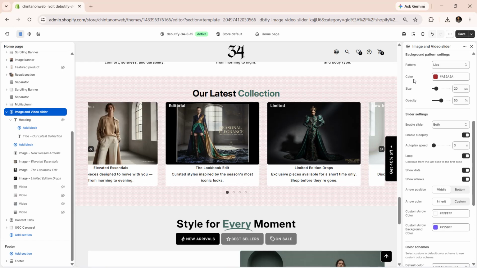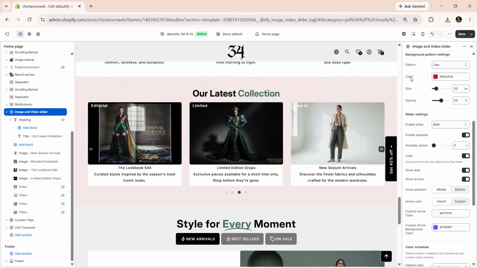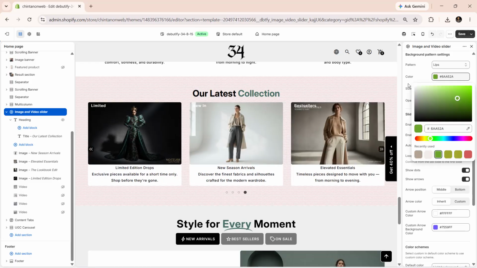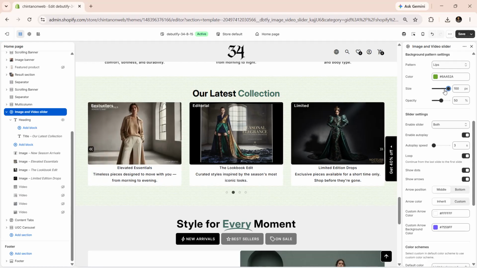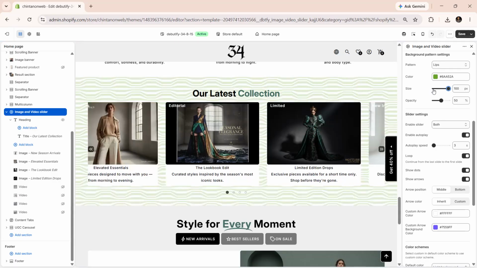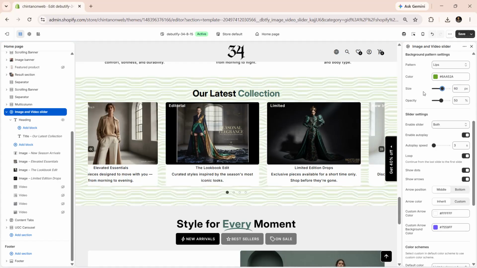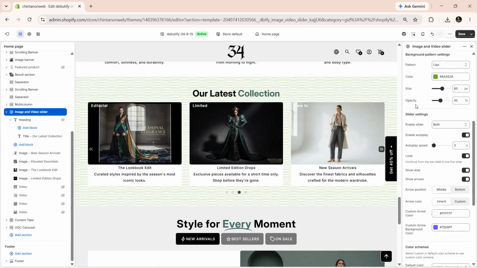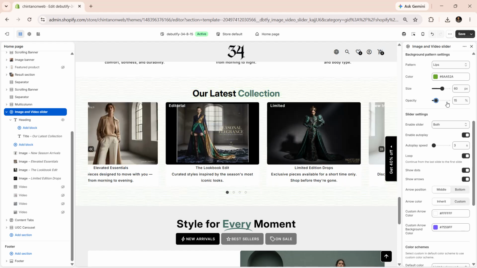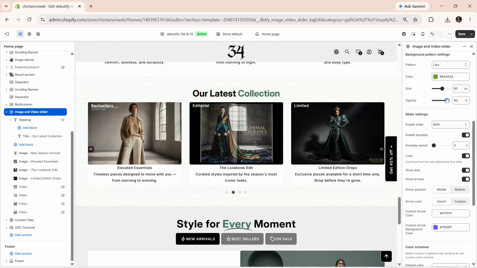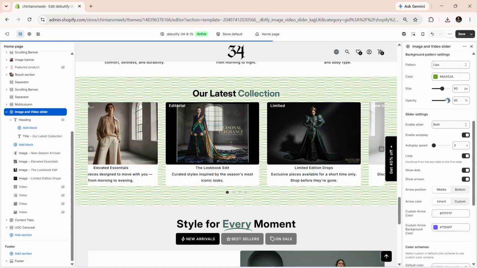All background patterns come with the same set of customization options, giving you full control over their appearance. You can select a color that matches your store's branding, ensuring the pattern blends seamlessly with your overall design. Adjust the size to control how large or small the pattern appears. You can set a value between 4 pixels and 100 pixels, allowing for anything from fine, subtle textures to bold, eye-catching visuals. You can also fine-tune the opacity, with values ranging from 1% to 100% to control the transparency of the pattern. Lower opacity creates a soft, subtle background effect, while higher opacity makes the pattern more prominent and visually